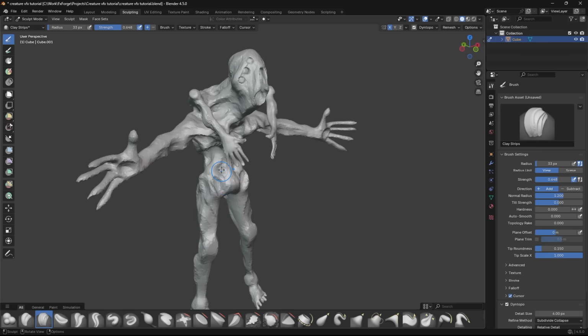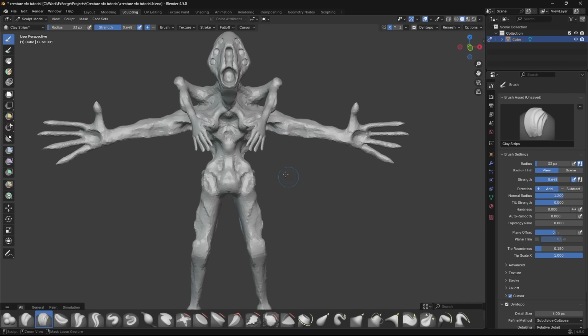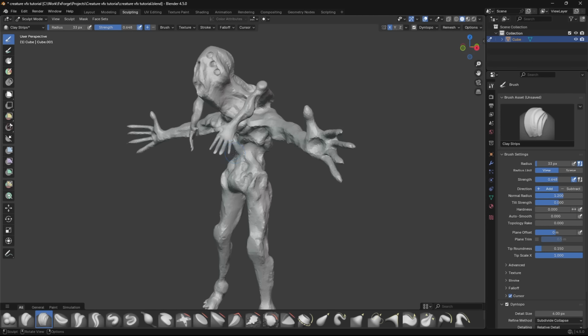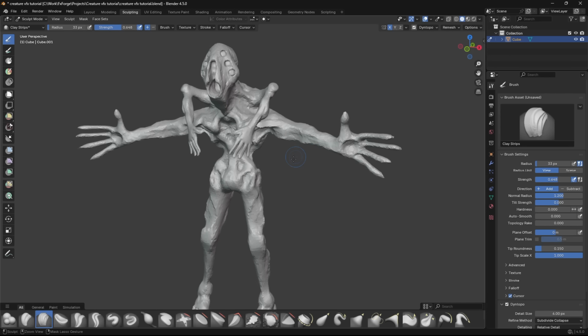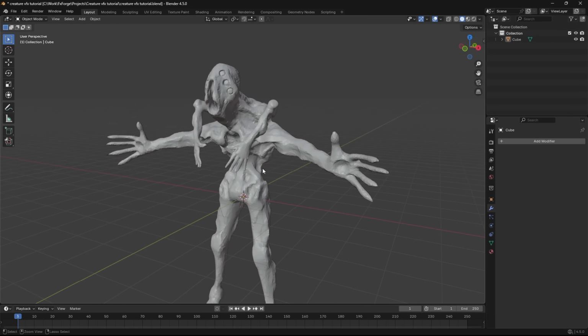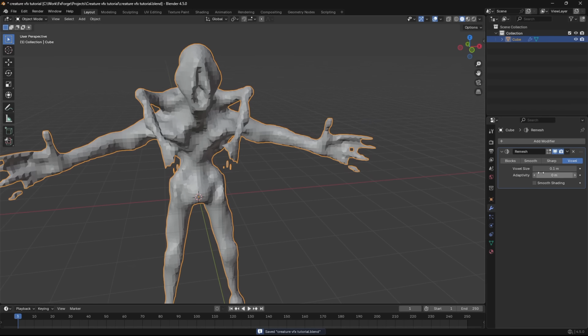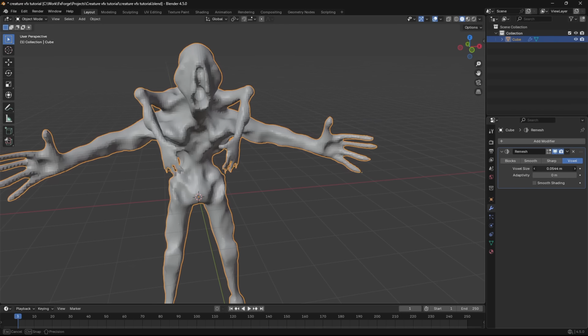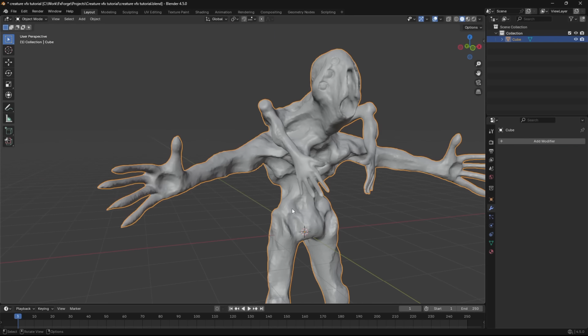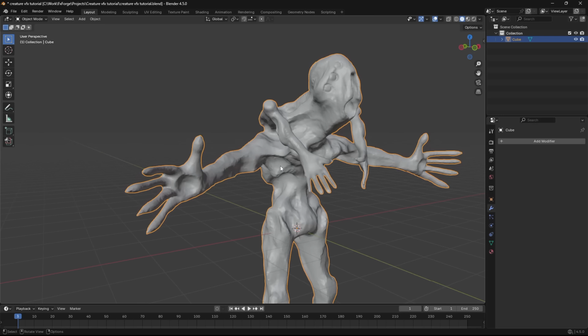Alright, so I think that's looking pretty cool. Now we can go on to the remesh, and then we can refine the shapes after that and also add a ton of detail to it to make it look really organic. So we're gonna exit from the sculpt mode and give this guy a remesh modifier set to a pretty low value like so. Then we're gonna apply this, and you can do the remeshing inside of Blender, but what I